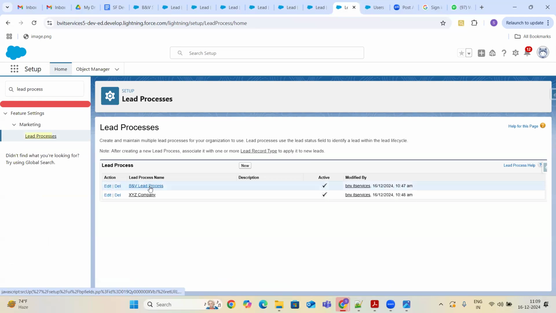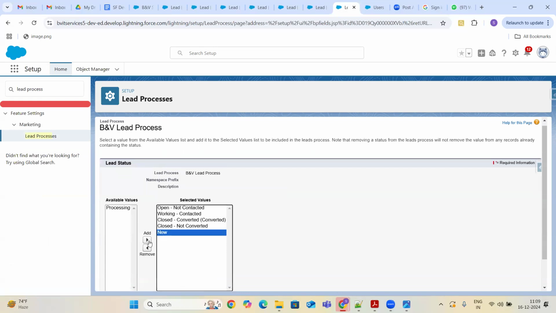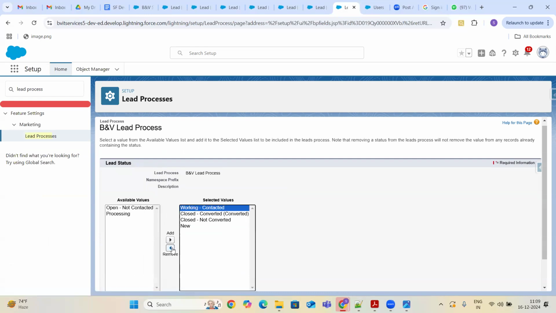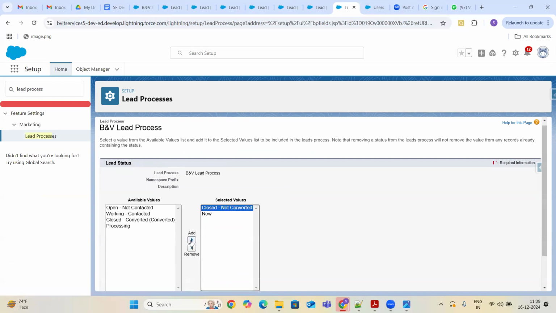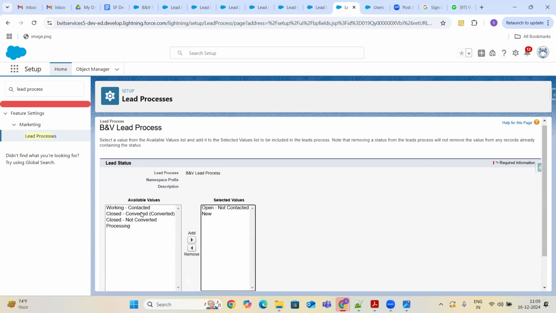And then I'll click on this lead process. This is the only way, guys. You have to take off all existing things. Then you have to add one by one. So it's new. And after that, it should be open contacted.